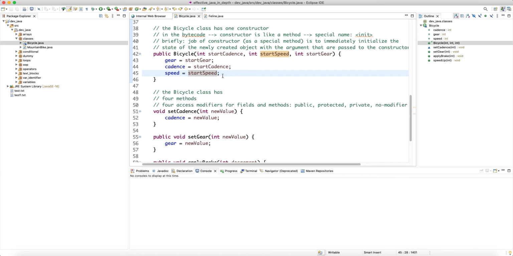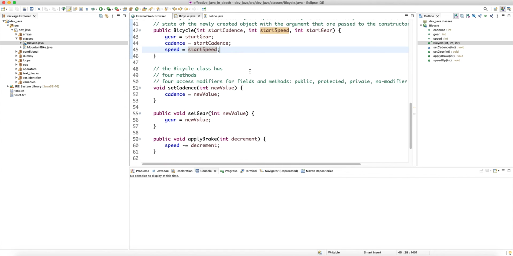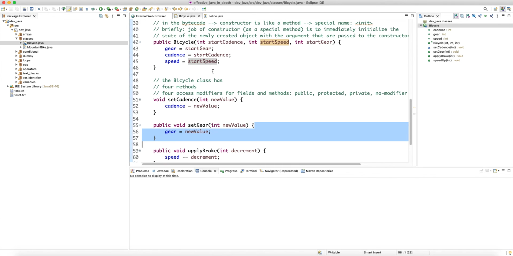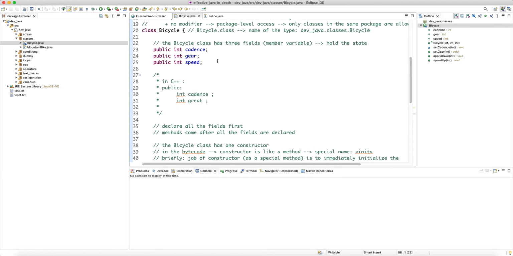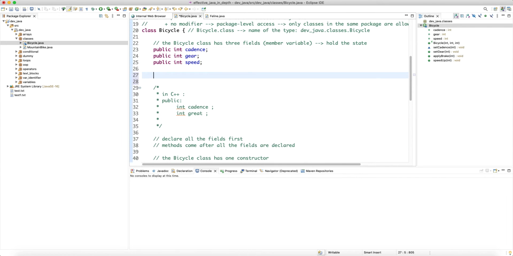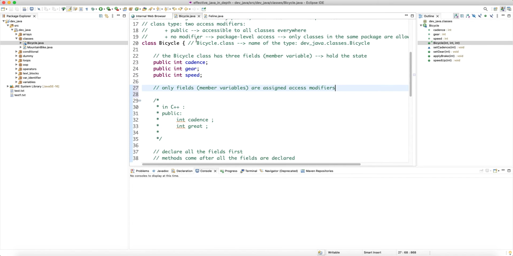So you cannot have a static local variable in Java. Same, local variables don't get any access modifiers, right? It doesn't make sense. So I'm going to write it here: only fields or member variables are assigned access modifiers. And it just means that if somebody creates an instance of this object, can they directly